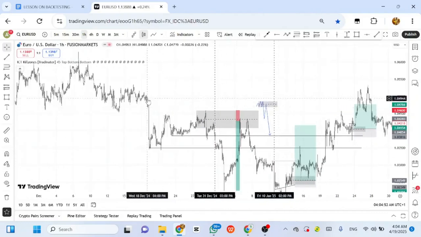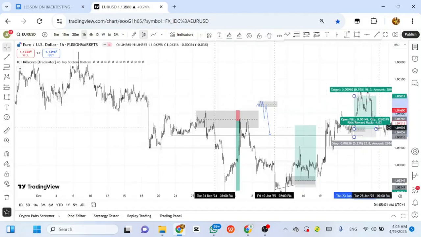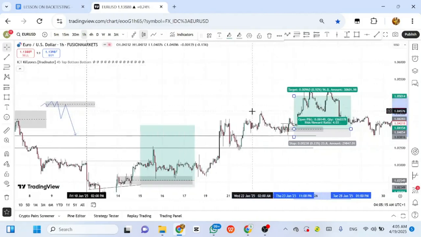So this zone makes sense because this zone is almost like a supply zone. Then 1:3. So you see this zone now. For me, okay, this four arrow. So where is this connected to? That's connected to this one, because all of this zone now, market will react from it, because this is also a resistance. Yes, so market will react from here. So now this is how I would have taken this trade.